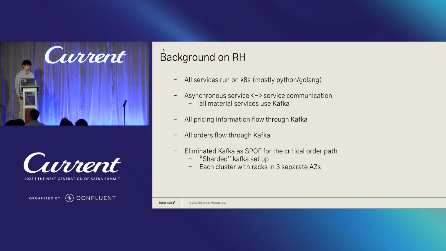Given Kafka is pretty important, our colleague Sriram actually gave a talk on this yesterday, but we've eliminated Kafka as a single point of failure for the order path. So we basically have a sharded Kafka setup for the order path, and each cluster has racks in 3 separate AZs, so that even if we have an AZ failure, the critical order path would still be able to function nominally. So, with a lot of focus on reliability and stability on the broker side, we've turned our focus more towards our client offerings, because client offerings are actually as important as what you do on the cluster side. And that's mostly what